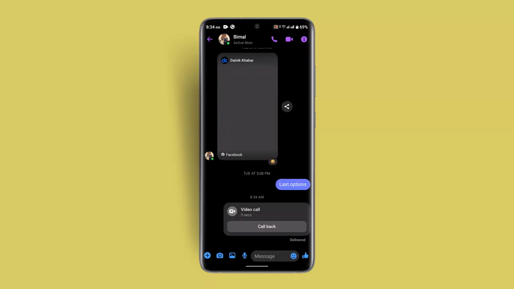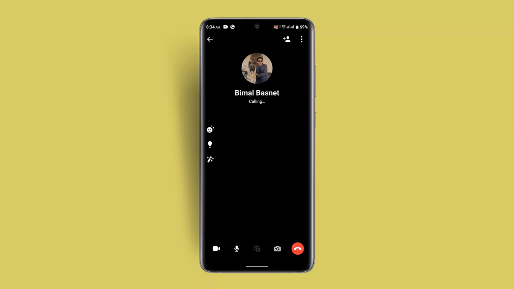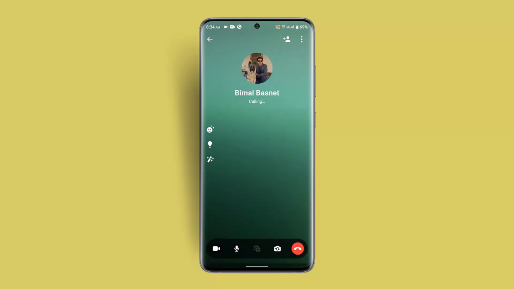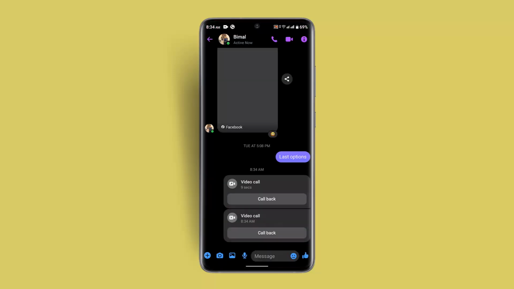When you go ahead and make a call, you can see at the bottom of the page there is this filter after the person has received it. You can see there is this filter icon. If you press on that, you can use the filter while doing a video call. However, if you're unable to use it, then there might be some temporary glitches causing this issue. So in order to fix it, first of all,